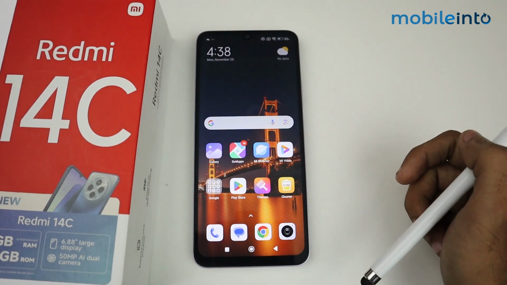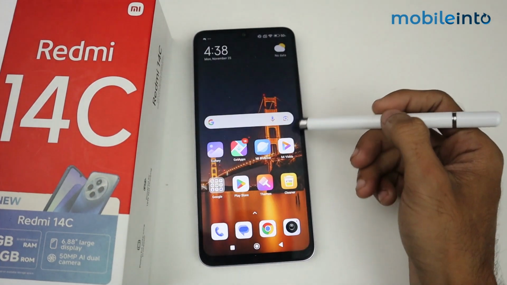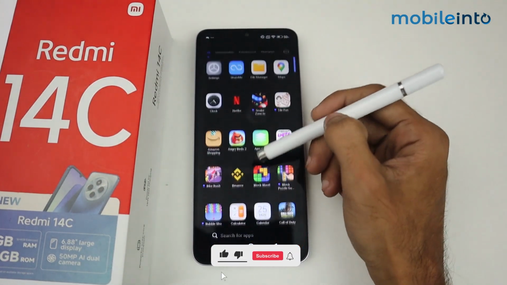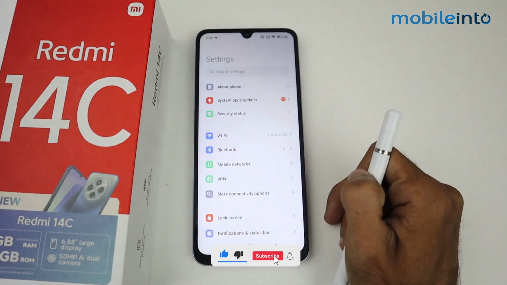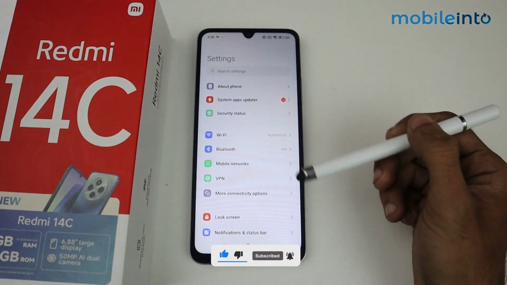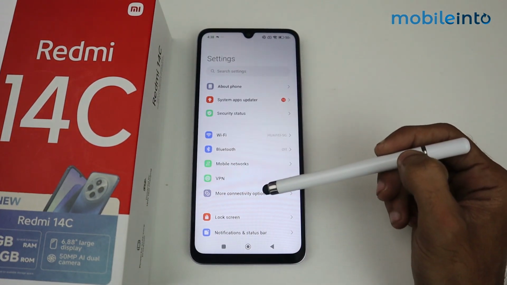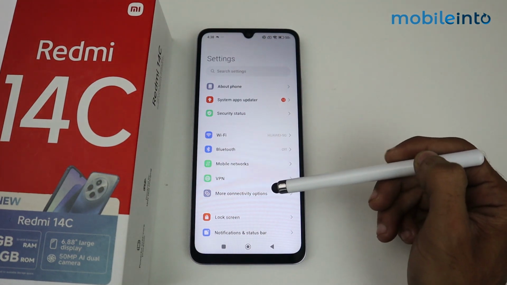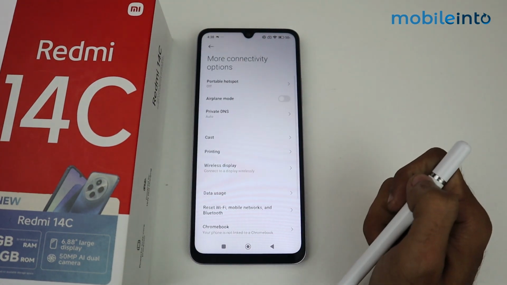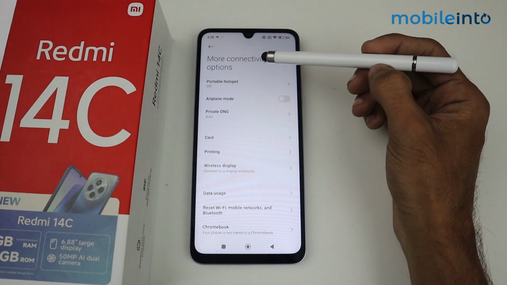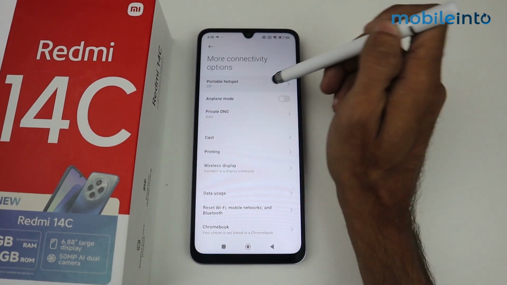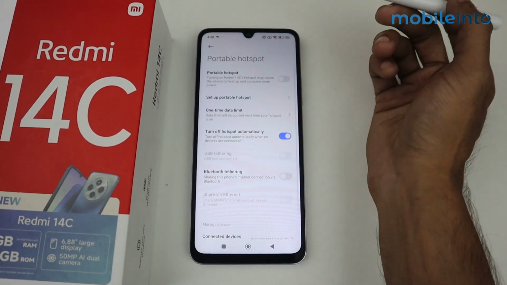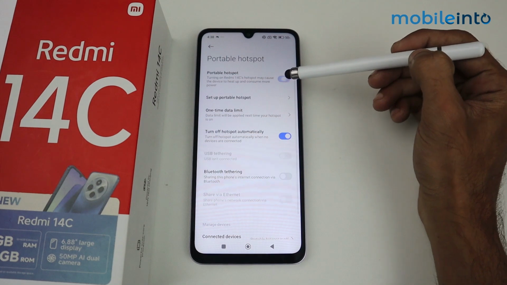In this video I'm gonna show you how to enable and set up hotspot in Redmi 14C device. So first of all, you have to go to settings. Now in settings we have an option of more connectivity options. So just tap here. On the very first we have an option of a portable hotspot. So just tap on portable hotspot and all you have to do is enable the toggle